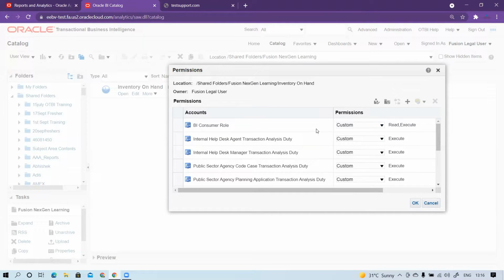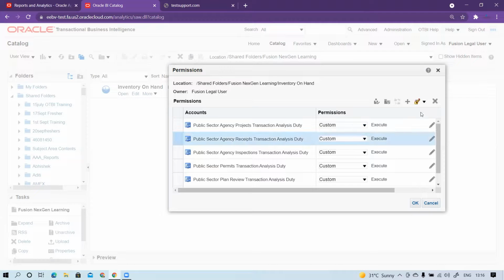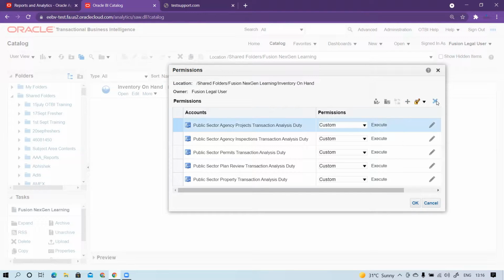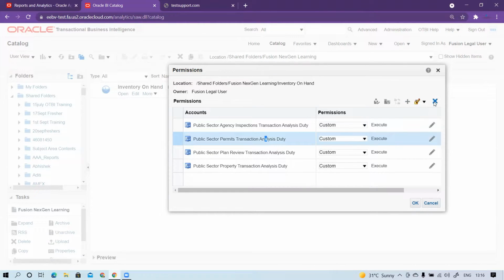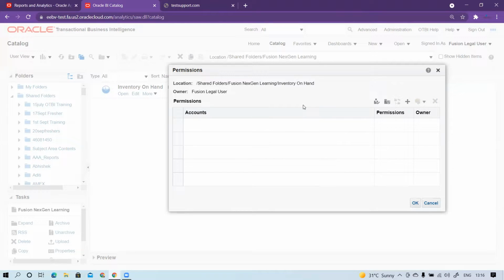So I want all these to be deleted because I don't want it to be accessed by anyone other than me. So I will delete them quickly one by one. I am deleting all the existing permissions. Now I have deleted them, and no one can access this report